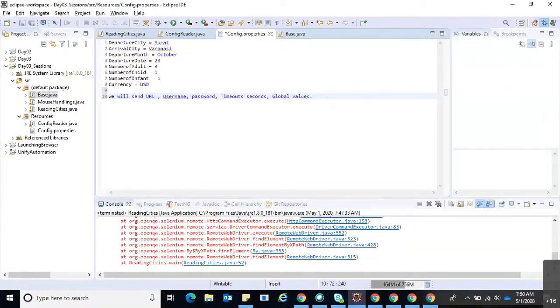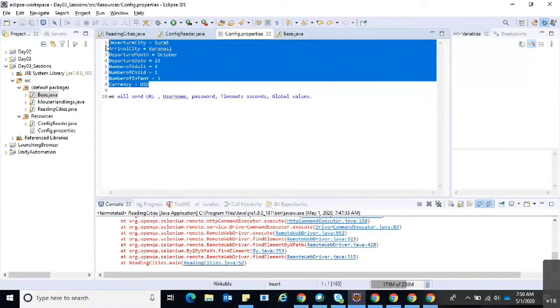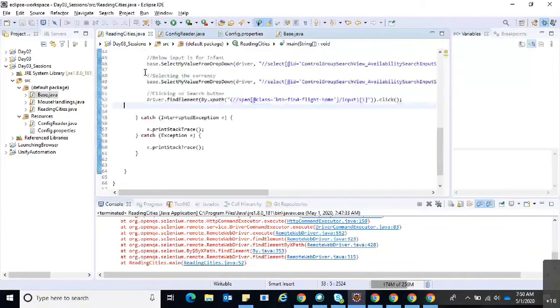So we will send all those details in the config.properties file. That is the purpose of config.properties. This is just an example. I just want to showcase how we're going to read the particular config.properties file, and how we use this in our present project.